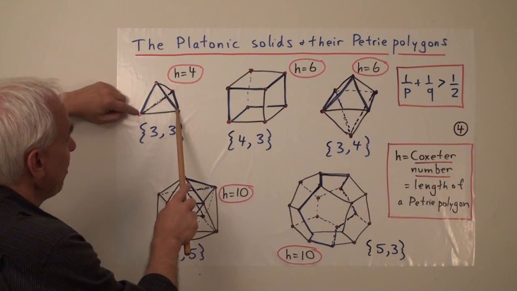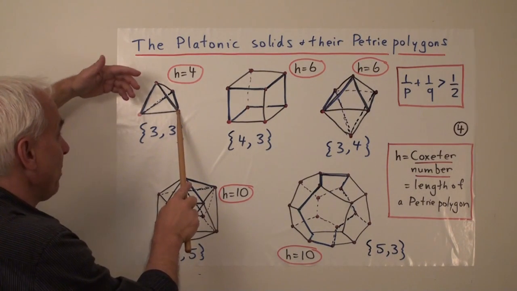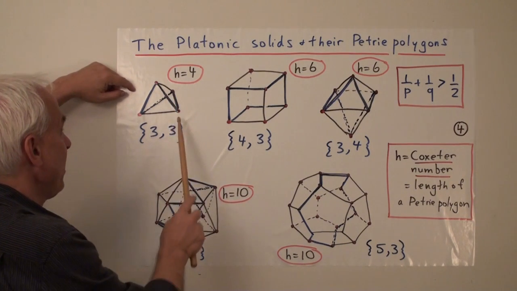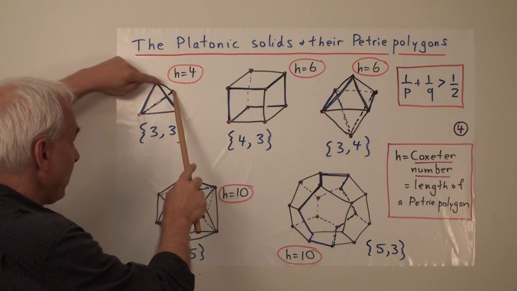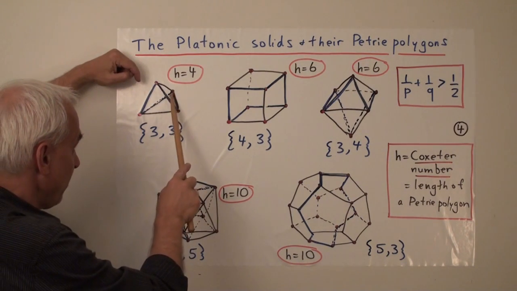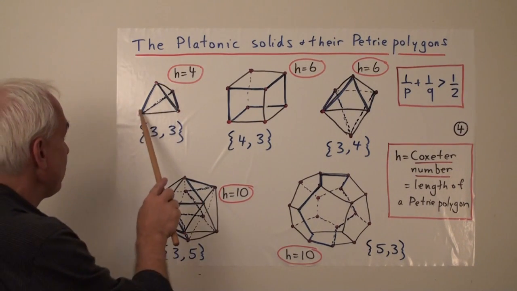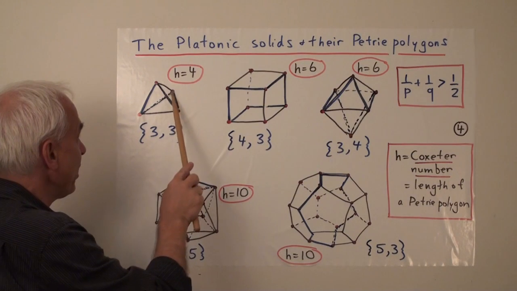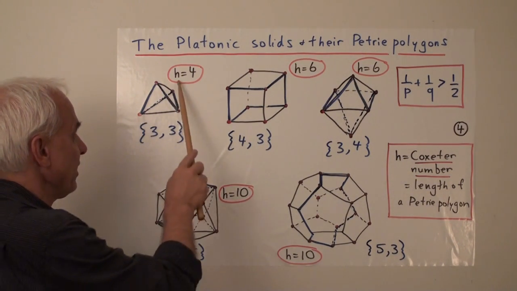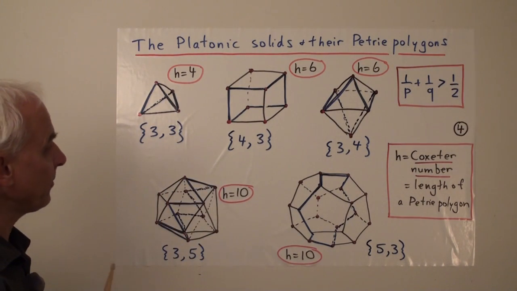And then after we're here, well, we can't go along this edge because then that would be 3 consecutive ones. So we have to go along basically the only other option that's left to us, which is to turn left. And then once we're here, we cannot carry along here because then that would be 3 consecutive along that face there. So we have to go along the other one that we have left, and that means that we come back to where we started. So the Petrie polygon has 4 edges in it before it gets back to where it started. So we say that it has an h value of 4. That's the length of the path before it closes.